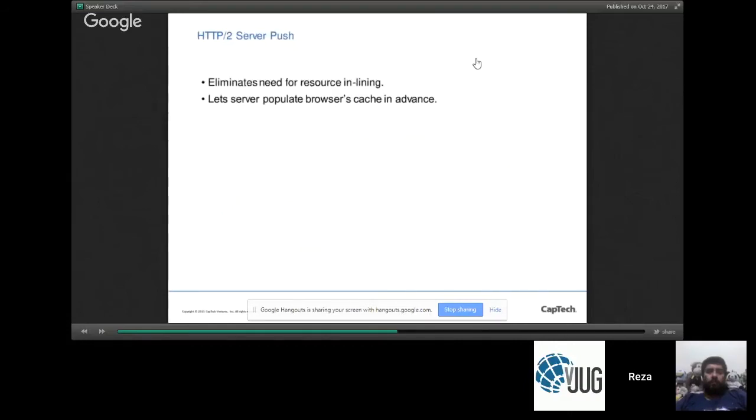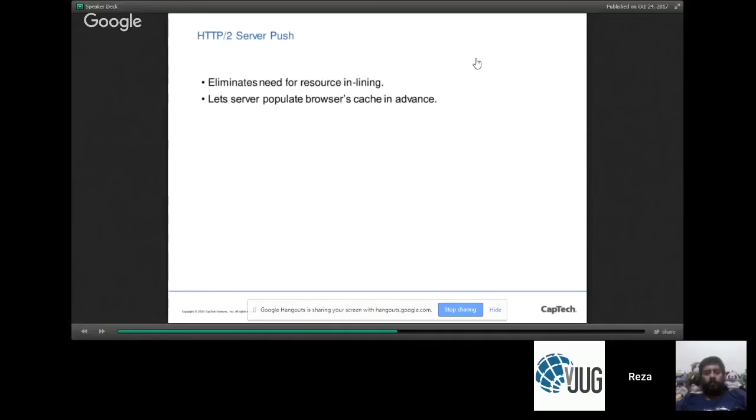Lastly, one of the more interesting features added in HTTP 2.0 is something called server push. And in order to understand that, you have to go back to that fundamental problem again. So you have a single index.html that you requested, but the single index.html actually depends on 10 other resources in order to be able to meaningfully render that page.